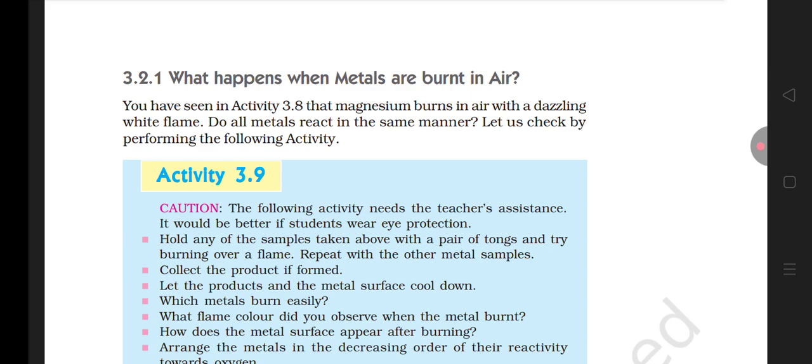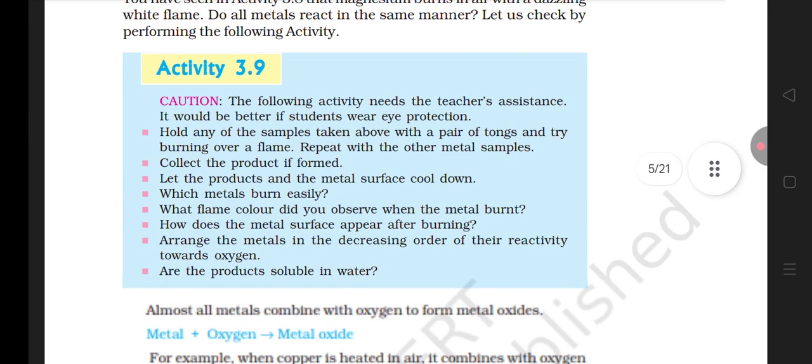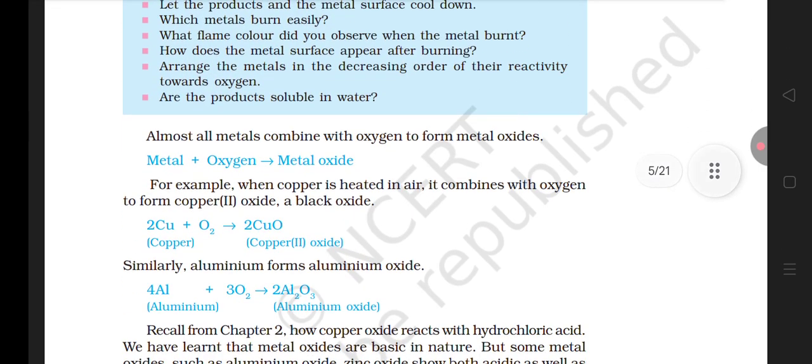Okay, now, are the products soluble in water? There are some products which are soluble in water and some which are not. Now see, almost all metals combine with oxygen to form metal oxide, which is metal plus oxygen gives you metal oxide. Now the second, for example, when copper is heated in air, it combines with oxygen to form